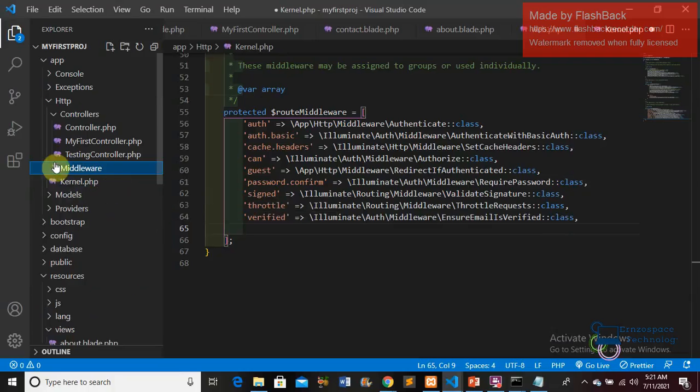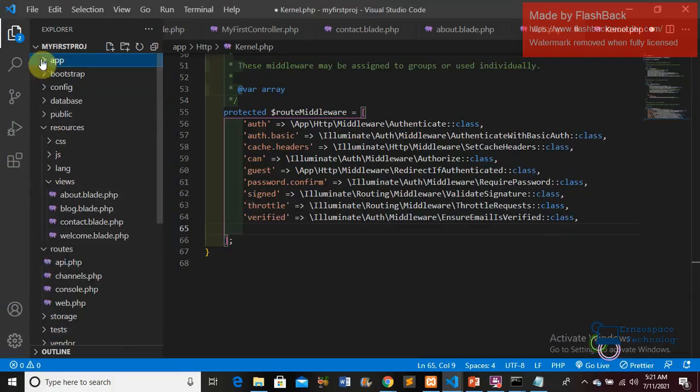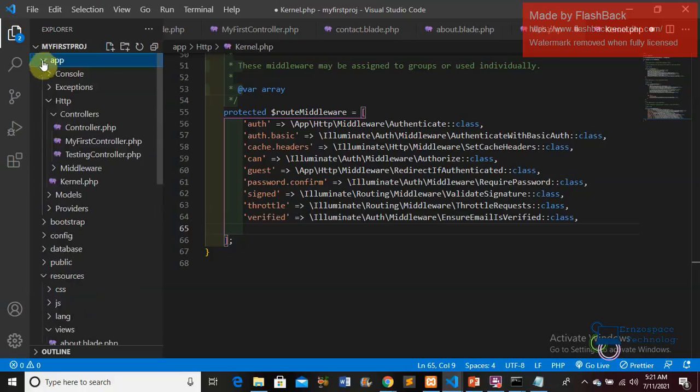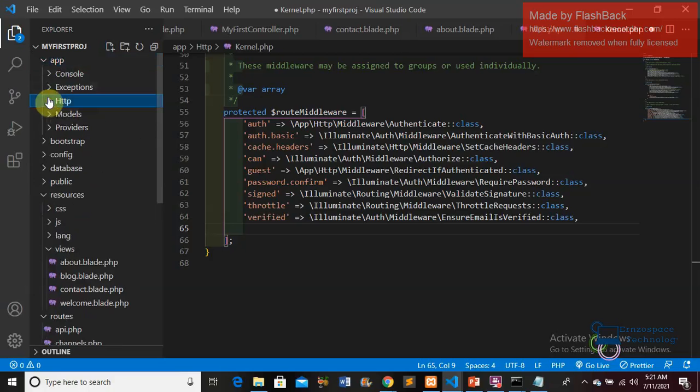It's simple. You go to Kernel. Kernel is located in your app directory. So if I click on app, click on HTTP, then